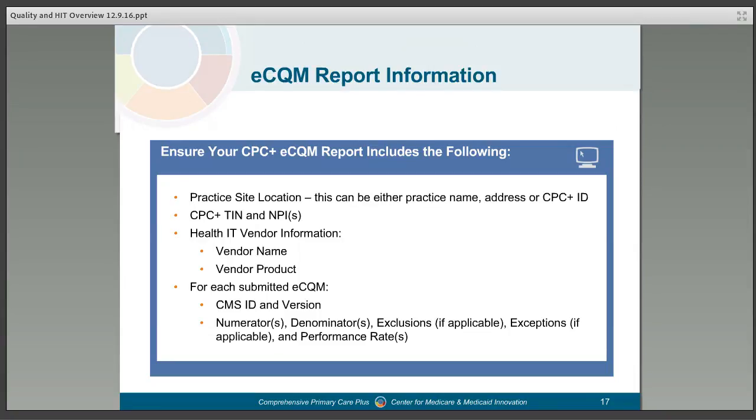So when you submit an eCQM report to us, here are the various components of the report that we would like to see from you. We want to see your practice site location, your name, address, or CPC+ ID, CPC+ TIN and NPI, so the NPI is associated with that TIN, the health IT vendor information, and for each eCQM, we want to see the CMS ID and version, and a stated numerator, denominator, exclusions if applicable, and exceptions if applicable, and